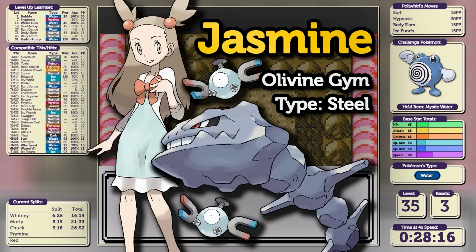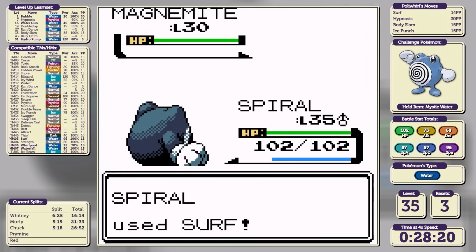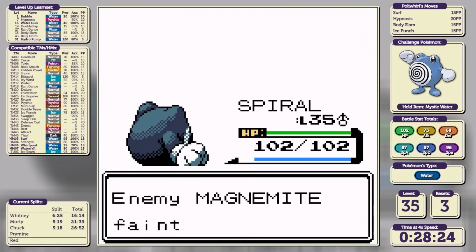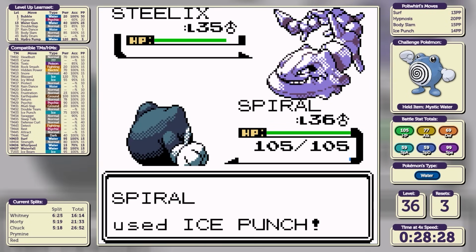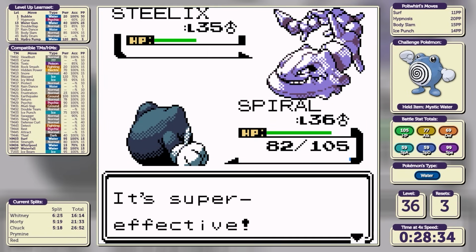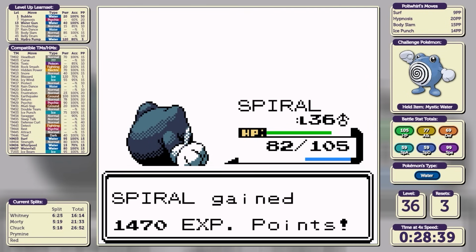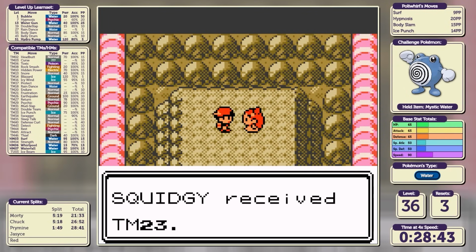Up next is Jasmine, and she is probably the gym leader where I make the biggest misplay of this challenge. We're fine against the 2 Magnemite, Surf will knock them out in one shot apiece. But then we didn't factor in Sunny Day on the Steelix. I thought I was being really smart here doing Ice Punch first so that we could finish it off with Surf, but as it turns out that was definitely a misplay because of Sunny Day. We still get through fairly quickly though without taking much damage, and that's the Mineral Badge in 28 minutes and